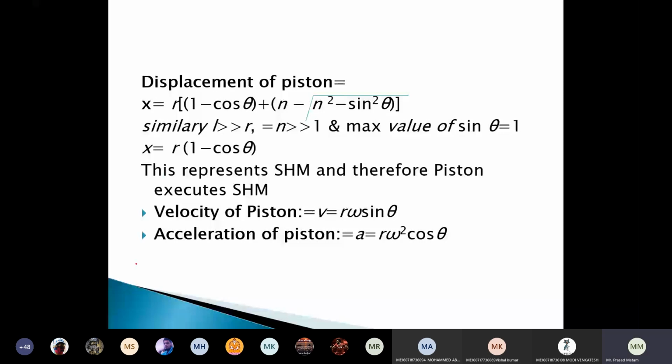So can anyone solve for x? What is the value you got? 30 mm is the crank radius. 1 minus cos theta, where theta is 45 degrees, plus n. What is n? n is the ratio of, I am writing here,